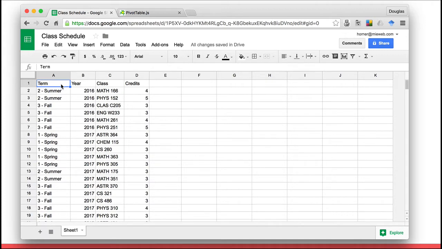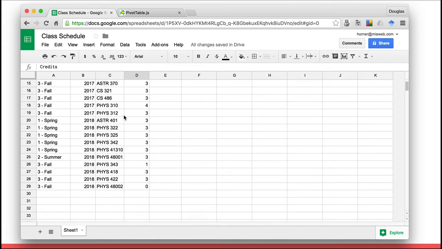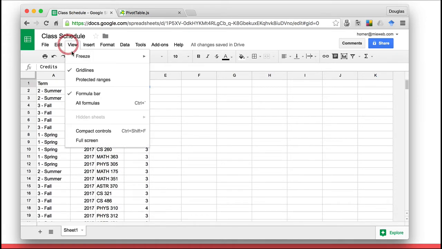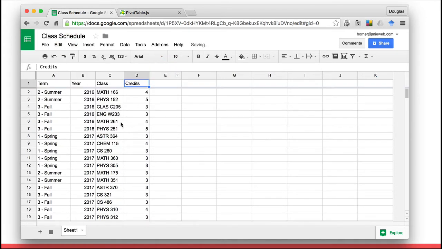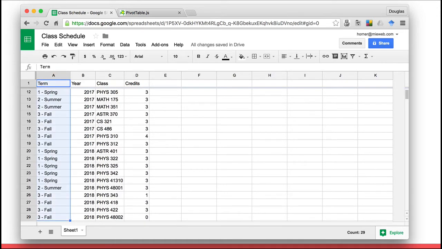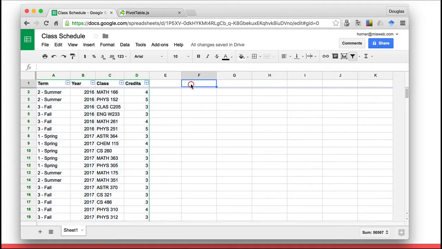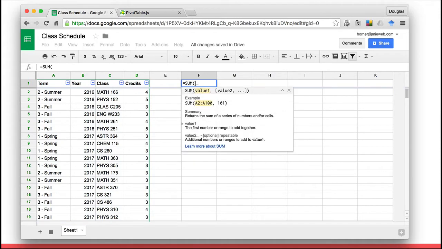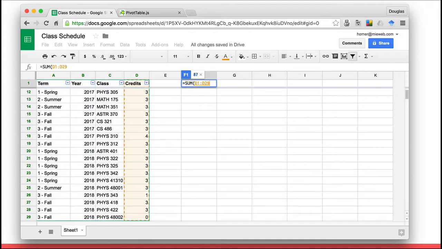It has things like a term, a year, a class, and credits, and you can see it has several rows for each. The first thing I like to do is come in here and freeze the first row, so when you look around you can see the columns. And then the next thing I like to do is add a filter, so you can filter down to specific rows in the spreadsheet. Next, I like to create a useful sum at the top,